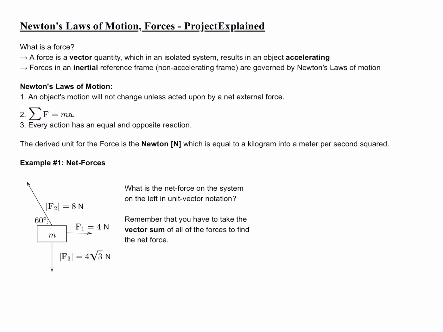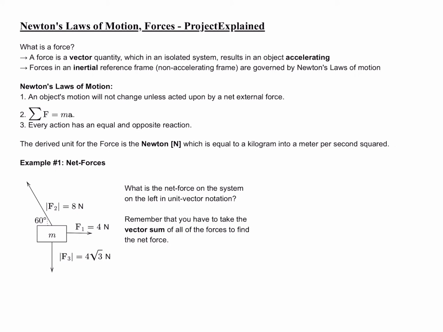There are many scenarios where there may be two forces or three forces or four forces acting on a system, but they will all be canceling each other out. So the net force is zero, which in practicality is the same thing as if there were no forces acting on it when it comes to acceleration. So basically, if there's no net force acting on a system, its motion will not change. If it was initially at rest, it will stay at rest. If it was moving initially with some velocity, its velocity vector will remain the same. So that means it'll be traveling in the same direction with a constant speed,